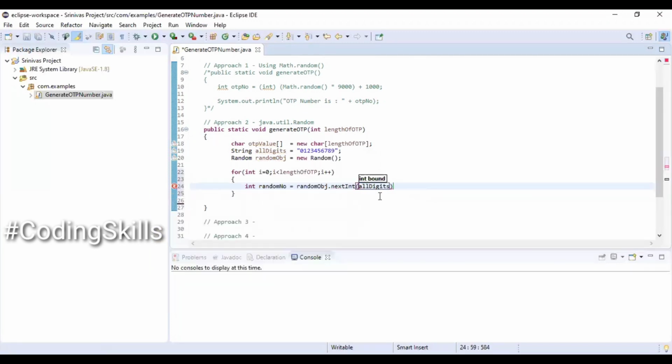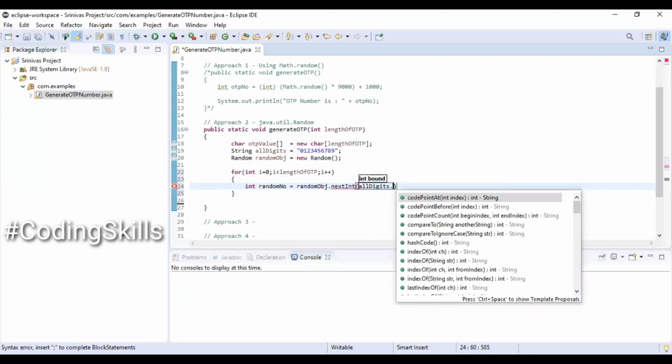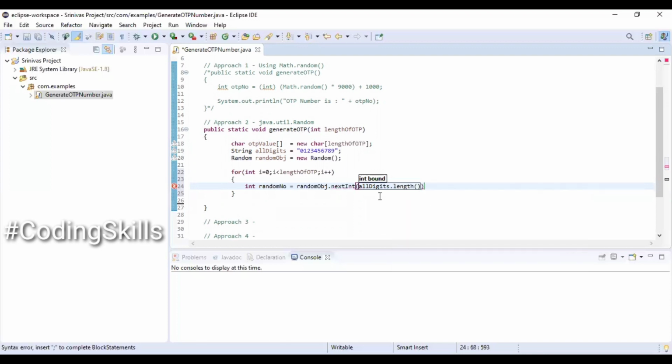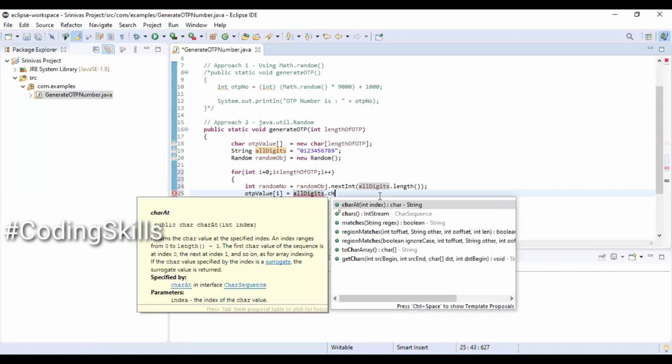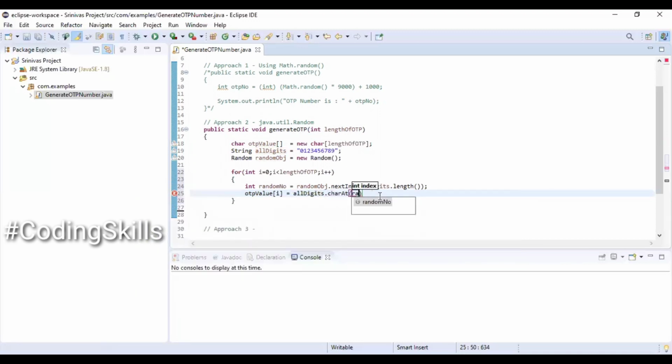So all digits dot length. OTP value of i equal to all digits dot char at of random number.